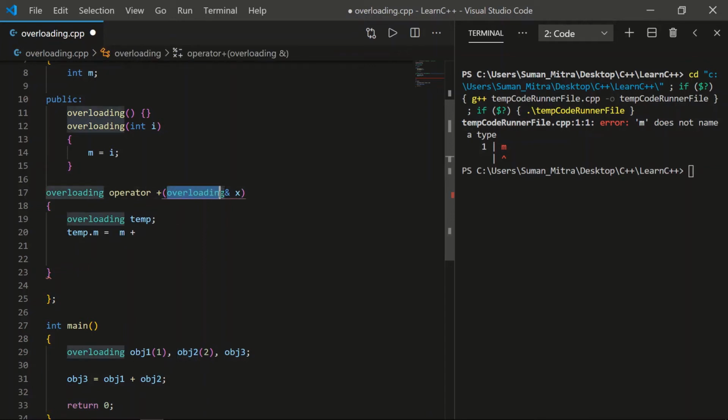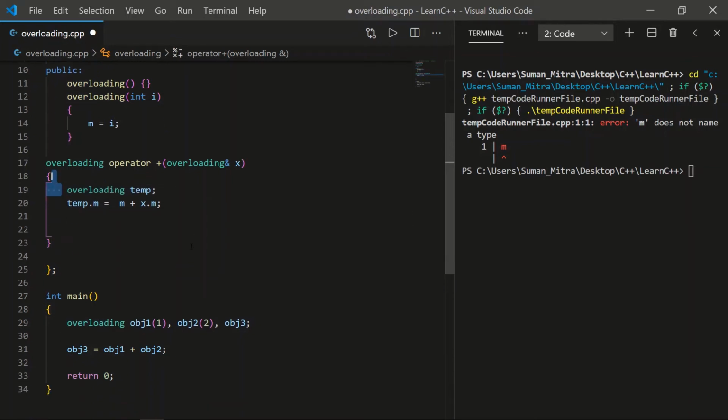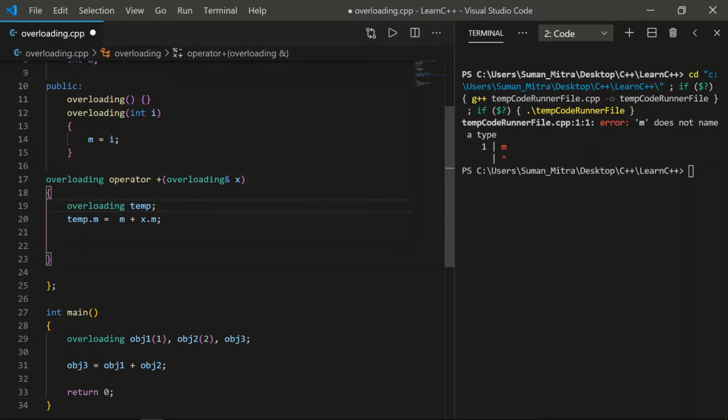We wrote the argument for the second, so we can just write x.m. I hope you got this. Let me say it one more time. We are creating one more object here because obj3 is an object and it will accept only an object. That's why we are creating one temporary object, and inside it we are changing the value of m, because we are using the plus operator. We want to add the value of m for both and print it out.